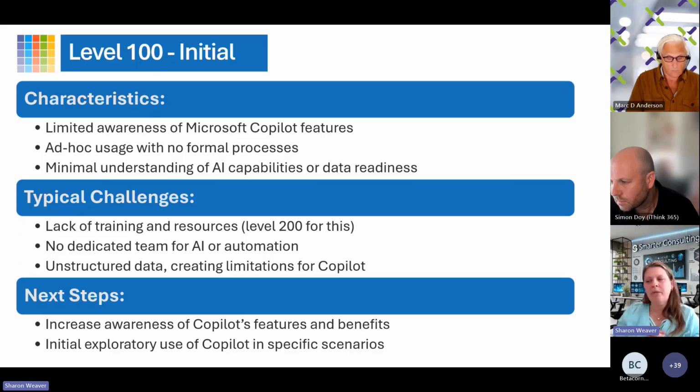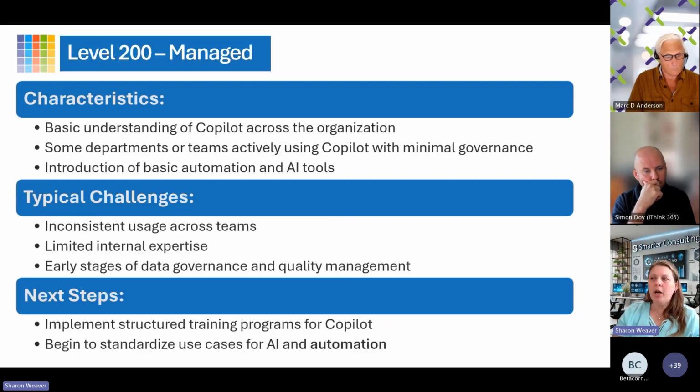So the next step would be really to introduce it, educate them, let them know what it is, maybe give them a demo, show them what it's capable of, right? That's level 100: I don't know what's going on, and I don't even know why you would use it. So maybe give them a little bit of information on it. Level 200, they're starting to understand it, like I told you.